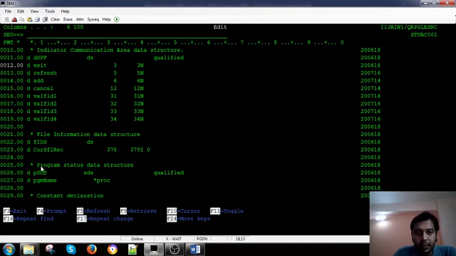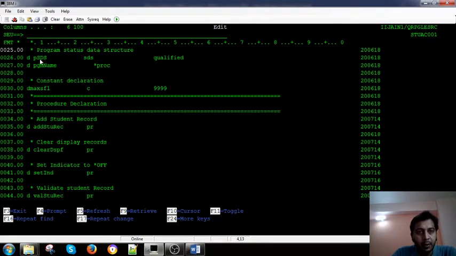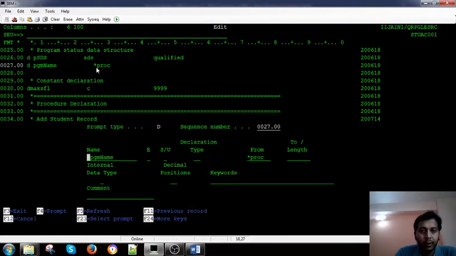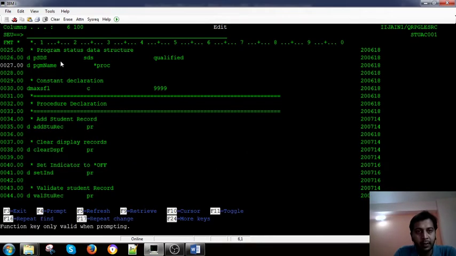This one matters because here I have used the program status data structure. PSDS gives the information about the program. It is a complete data structure that I will define in some other session. But here you see the PGM name. I have just used the program name, and this is how you have to declare that structure. That is something IBM decided; I have done nothing in that, just giving that structure and retrieving the name in the variable PGM name. So you can even ignore this one for now; it is not required here.